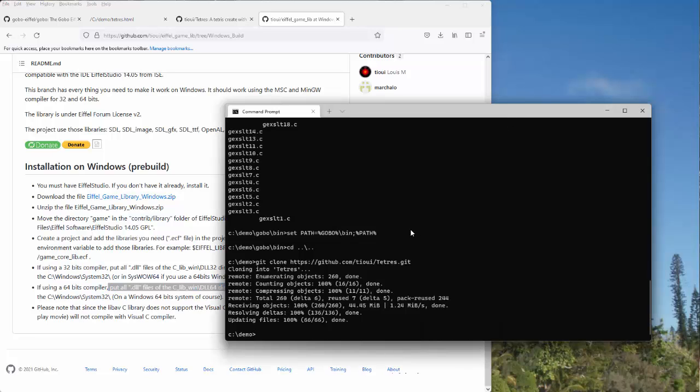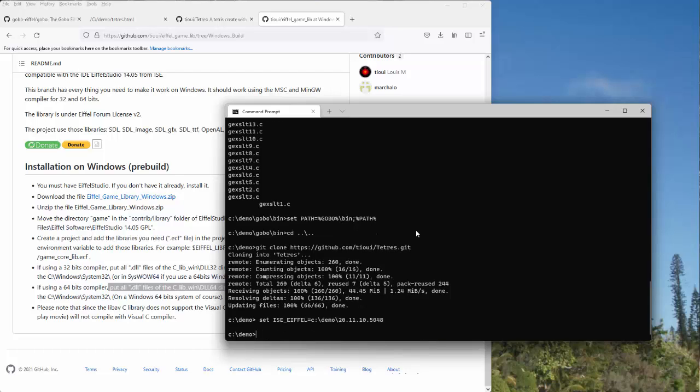I already downloaded the zip file, so what I will do is first set the ISE_EIFFEL environment variable. That's where Eiffel Studio is installed on my machine.